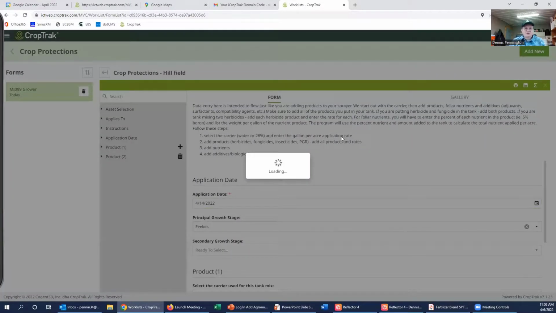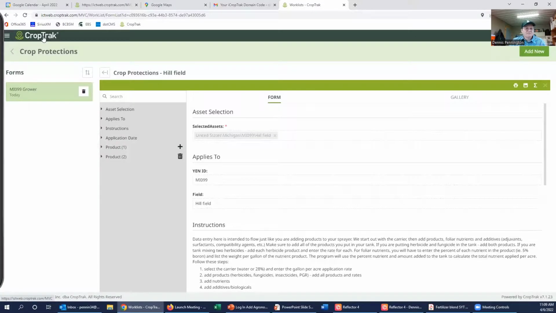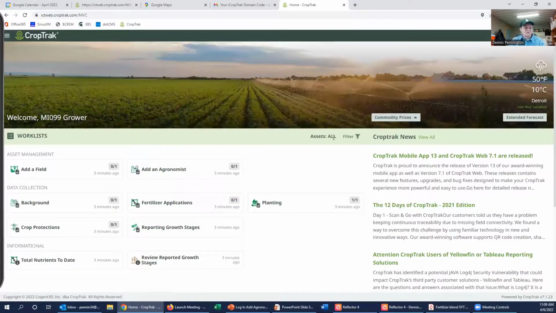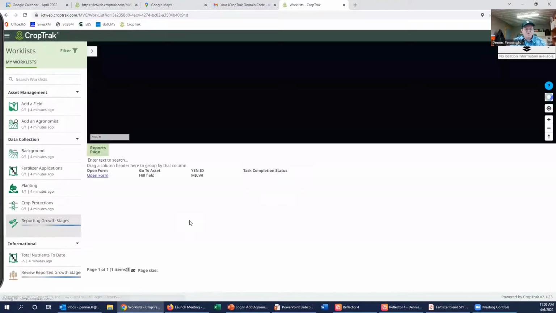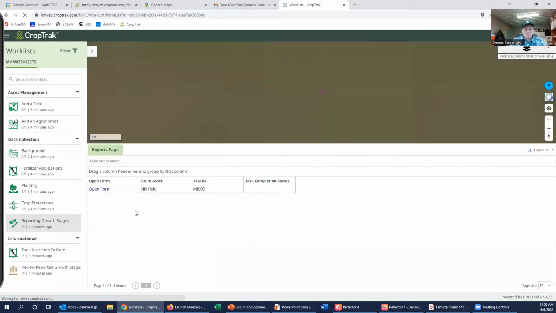And then the only other thing that I wanted to show you in this app is the timings, because we're going to be rapidly approaching that here. In fact, we've got some of our growers in the south getting close. One of the other things that we have is this reporting growth stages. So if you go into report growth stages, we need to know some of the key growth stages of the crop in your field and what days you hit them. So I'm going to open the form,